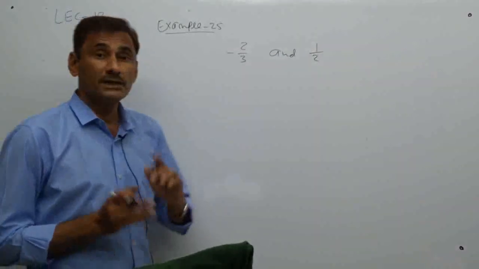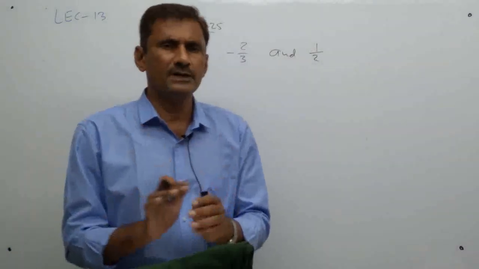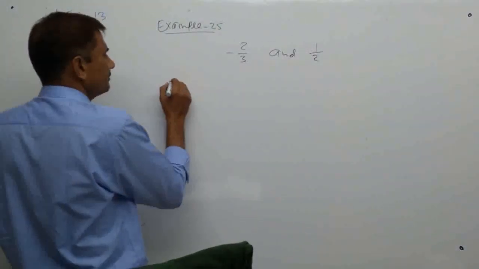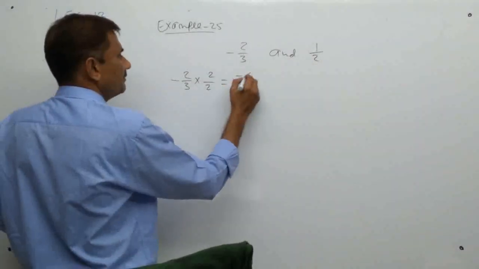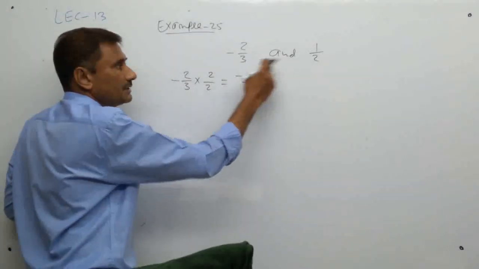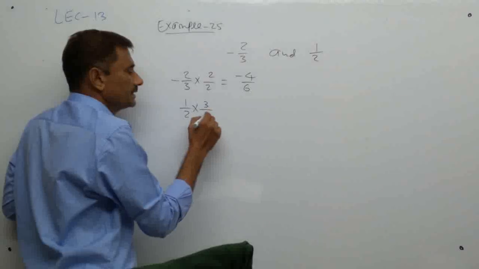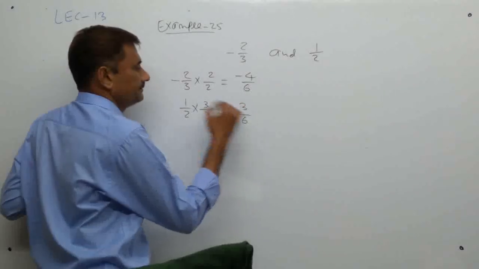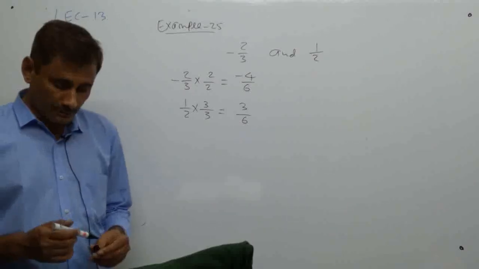So first of all, make the denominator equal, just like the process of cross multiplication, but here we are not going to add or subtract them. So the first number is multiplied by 2 at numerator and denominator. Why? Because our purpose is to get the denominator equal. So here is 3, so multiply by 2, and where 2 is there, multiply by 3. So 1 by 2, here multiply by 3. Okay, so the denominators become equal. Understood?